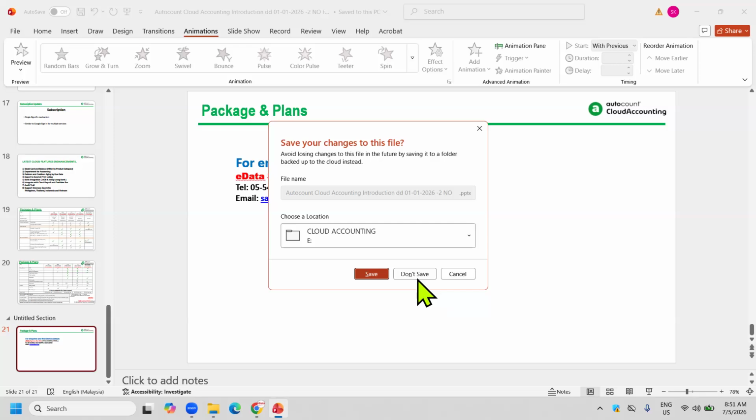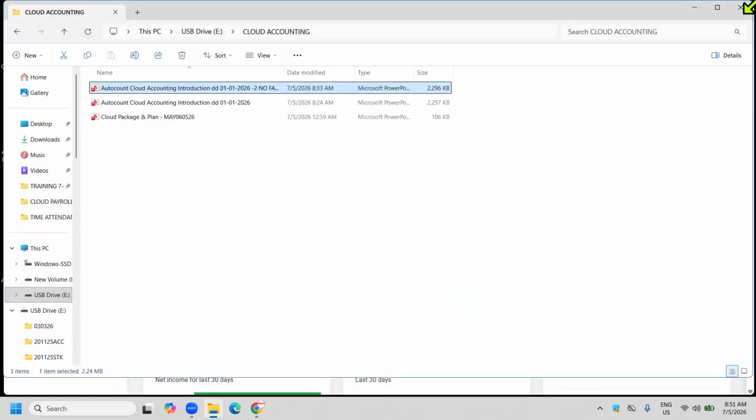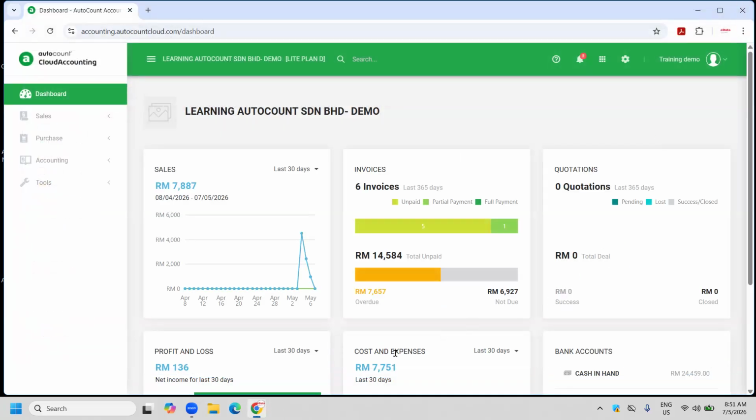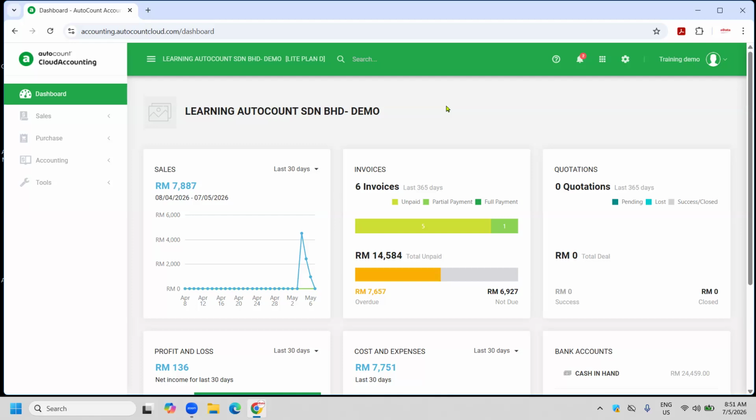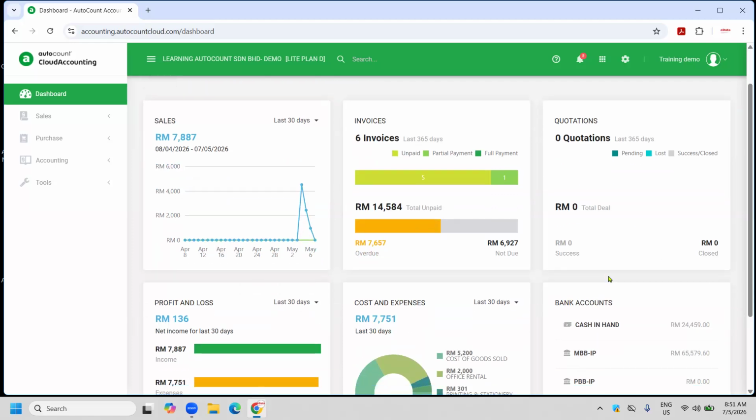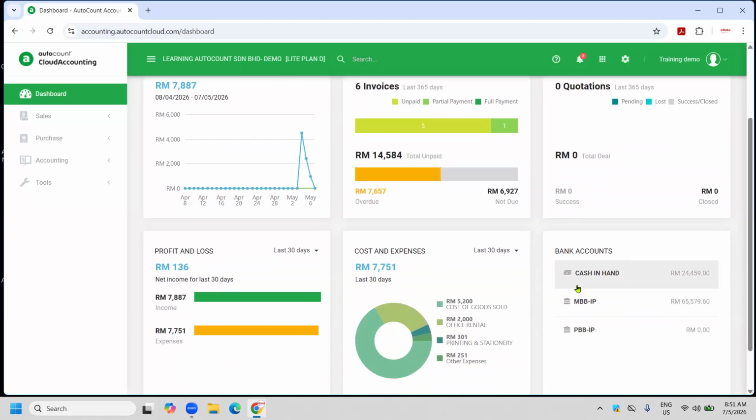software. So let me go into the software now. This is the cloud accounting system once you log into it. And you can see that we have the dashboard over here. This is the dashboard, which was just now mentioned in the features. So you can see that all this you can drill down. You can look at your sales, if you are using our sales module. Then we have the quotations. Then you have the cost, the profit,